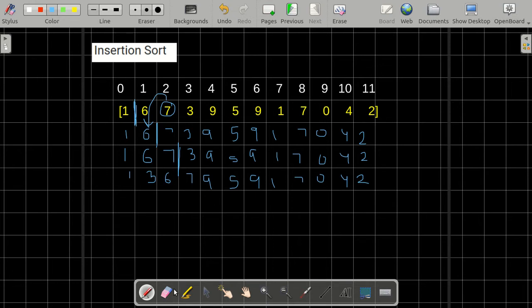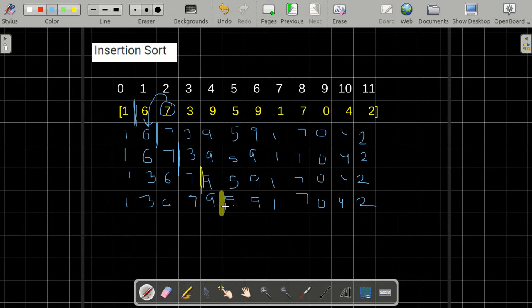Okay, now we know that this part of the array is already sorted. Now we take our element 9, we compare it with 7. Since the greatest number of the first array is already smaller than the first number of the second array, this means that this is the correct position of this element. So the next will also be the same, because 9 is already in the correct position with respect to the first half of the array. Now this part of the array is sorted.